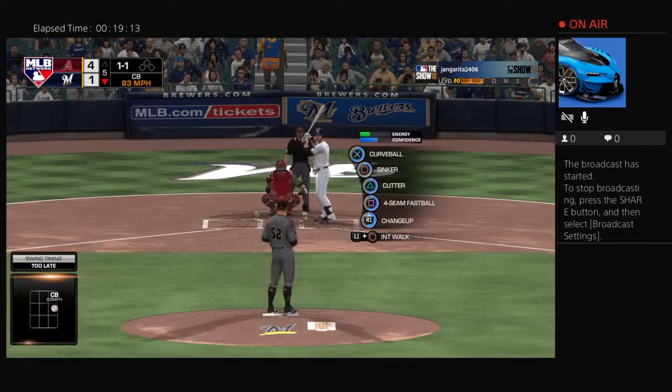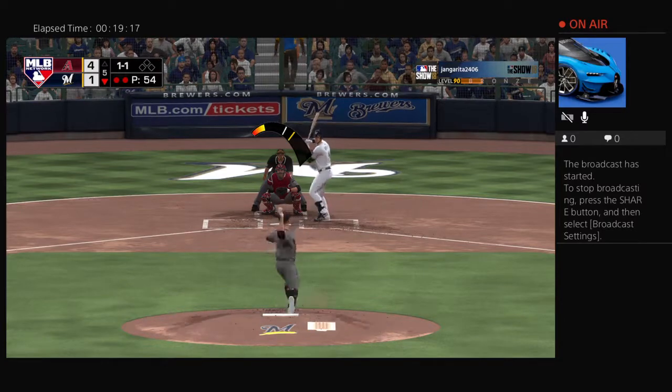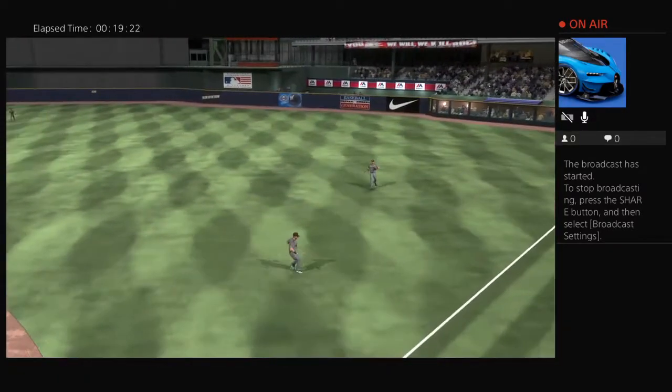A swing and a miss. He's behind the big curveball. The pitch. Popped him up. Descalso onto the grass. He makes the catch. What a...